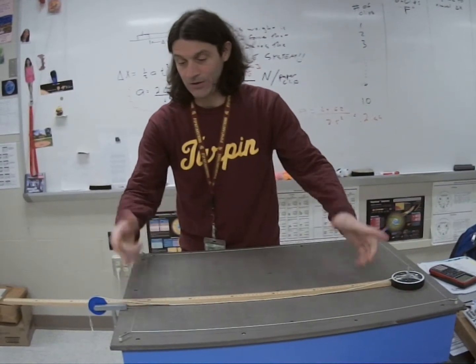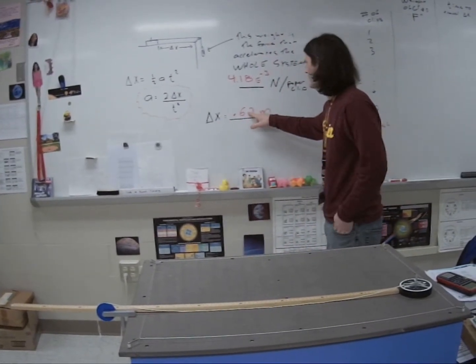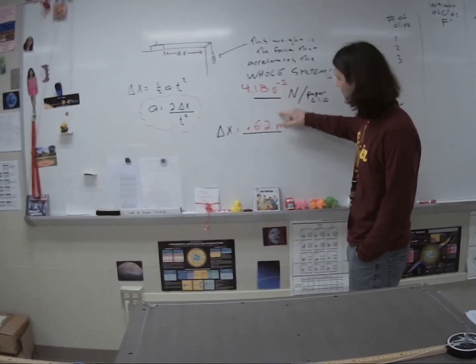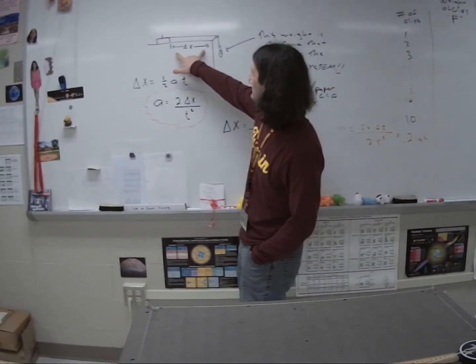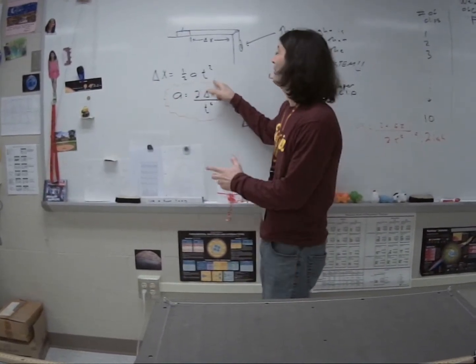Next thing I will do is show you a distance that this thing travels, and it's about 62 centimeters. So that delta x is 0.62 meters. And what we said earlier is the number of newtons per paper clip. These two will stay the same also throughout the activity. And that delta x that it travels is what will allow us to calculate the acceleration based on a simplified version of